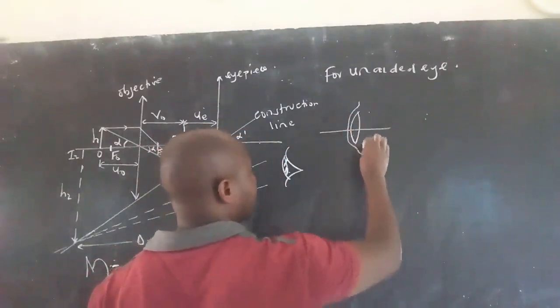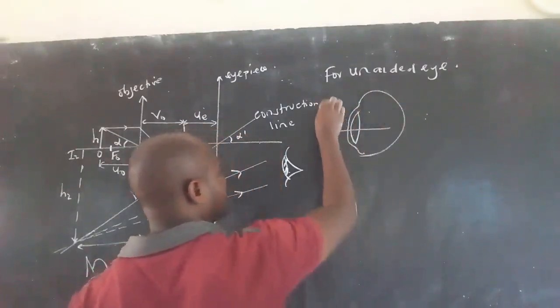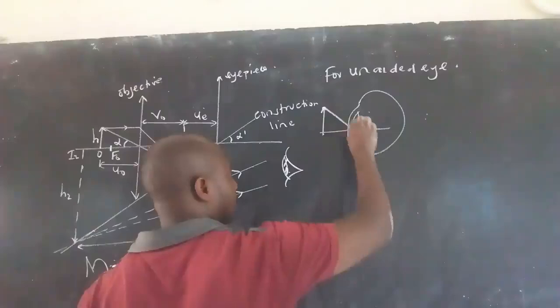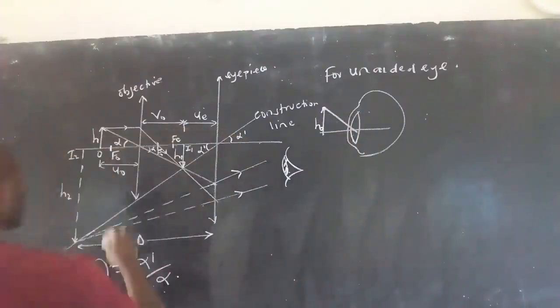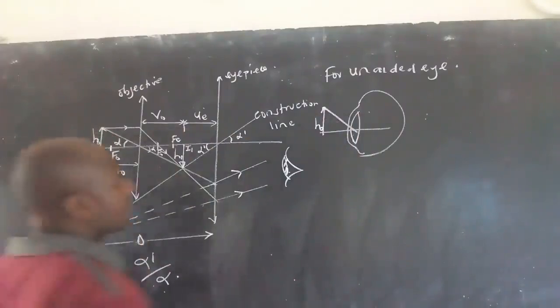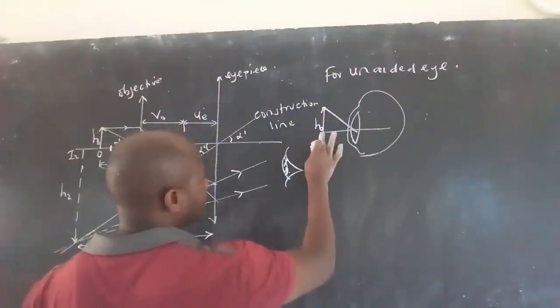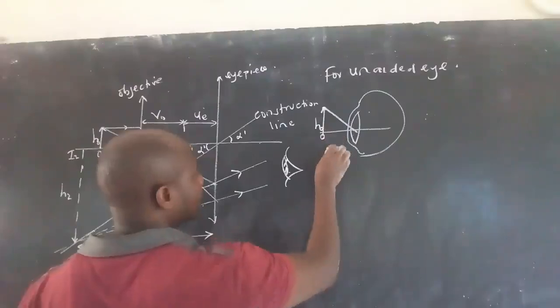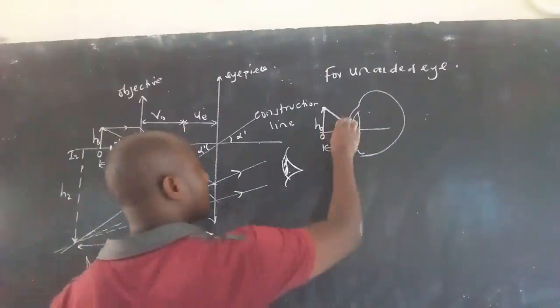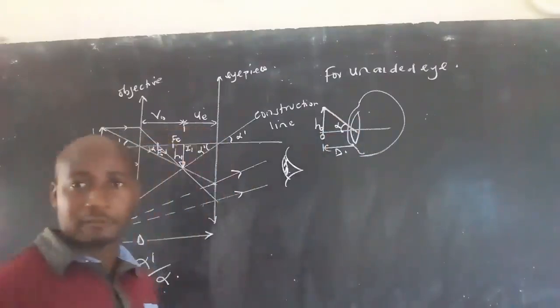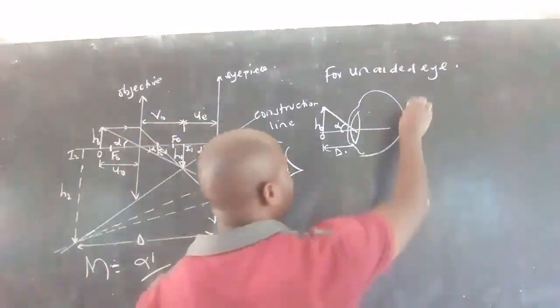We have this, this is H of object, H0. The object distance is D. So this is alpha. Then we shall say for small angles in radians,